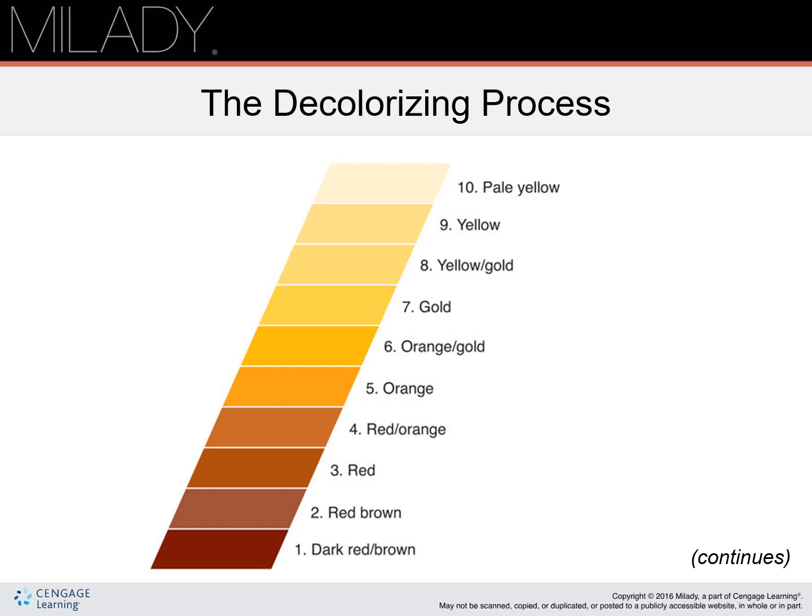This is underneath the level system. So what I'm saying is, underneath, when I lighten that black hair, a level 1, underneath that contributing pigment is dark or red-brown. Underneath a level 3, that contributing pigment when I use a lightener is going to be red. So I have to know how to counteract that. We talked about earlier